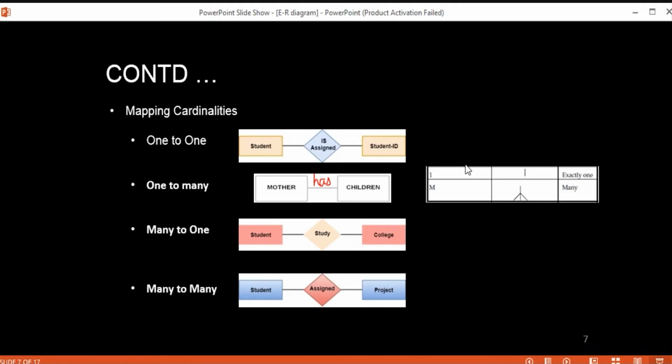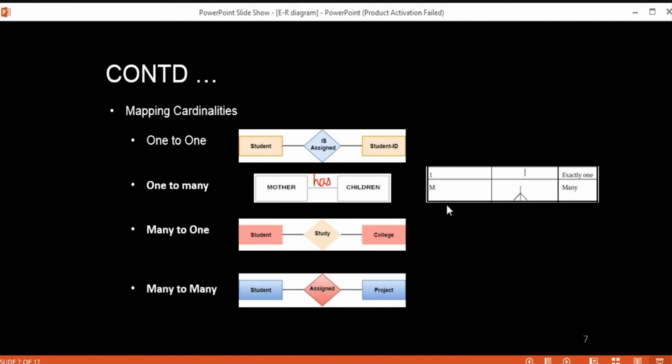So for a relationship between two entity types, there are basically four cardinalities, and we will understand each of them using entity type X and a second entity type Y. First of all, there's the one-to-one relationship. One-to-one means one entity of type X can be associated with at most one entity of type Y, and one entity of type Y can be associated with at most one entity of type X.